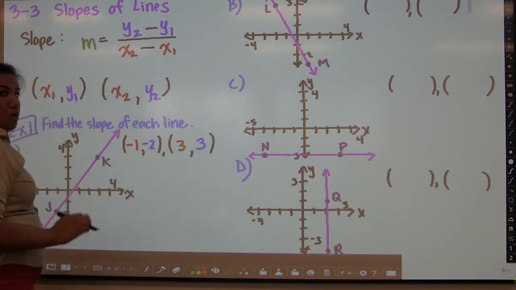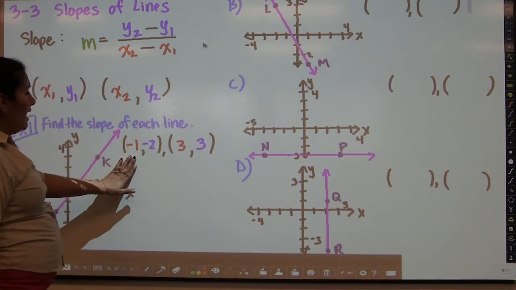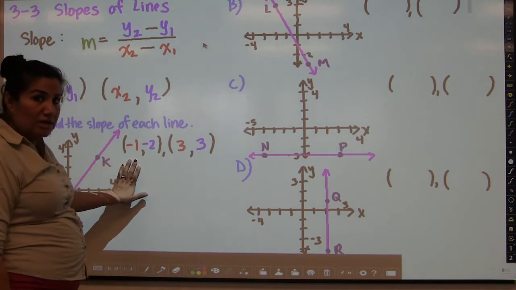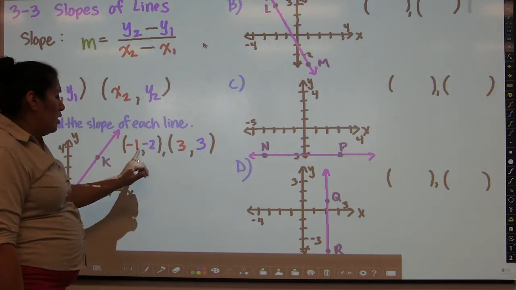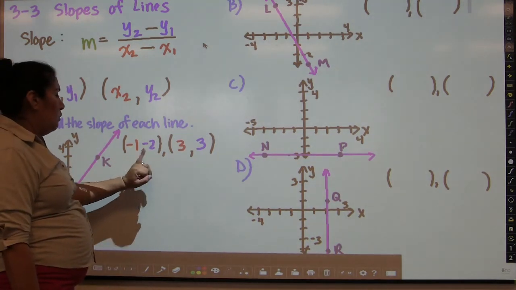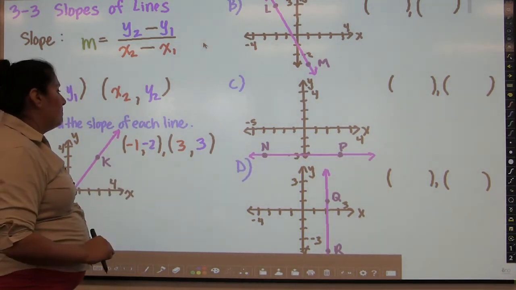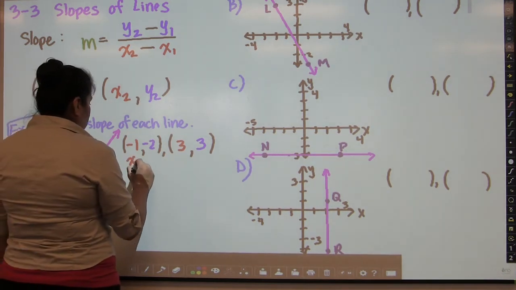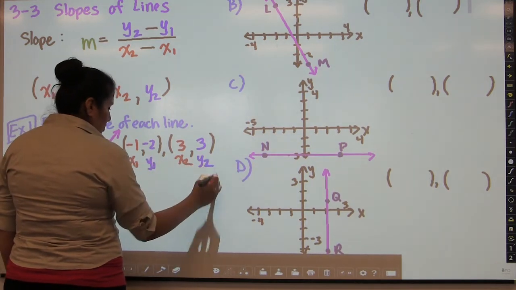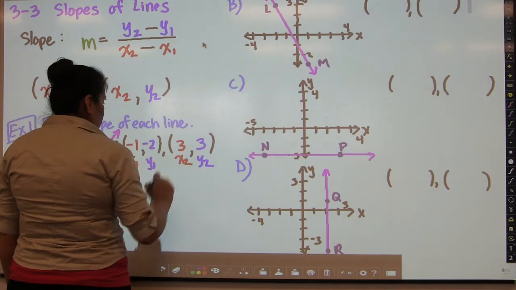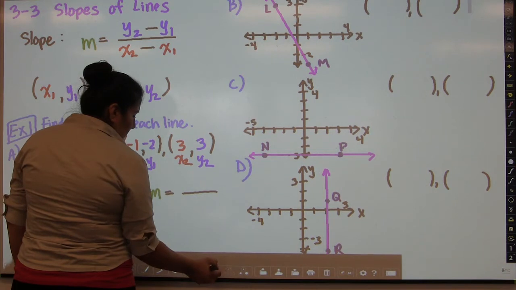Now it is very important when you label your points that you are consistent. It doesn't matter if I call this point x1, y1, or x2, y2, but I do have to be consistent. I cannot call this x1, y2. It has to be x1, y1, or x2, y2. No mixing x1 and y2, okay? So we're going to do that. We're going to call this one x1, y1, and that one x2, y2, and to find my slope, we're going to get that slope is going to be,